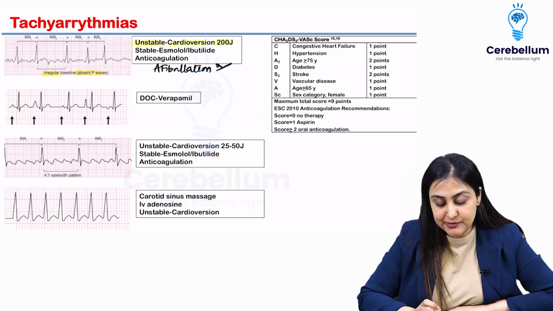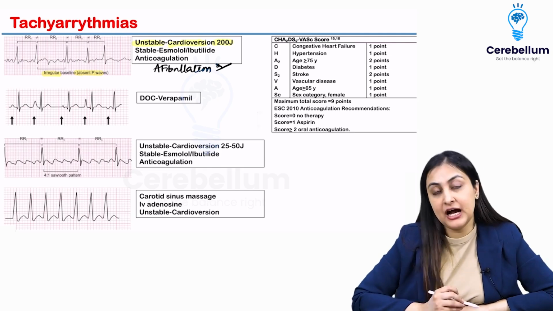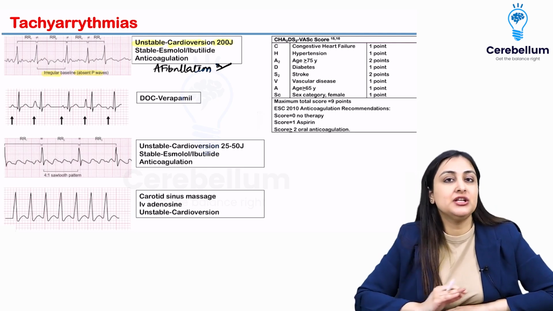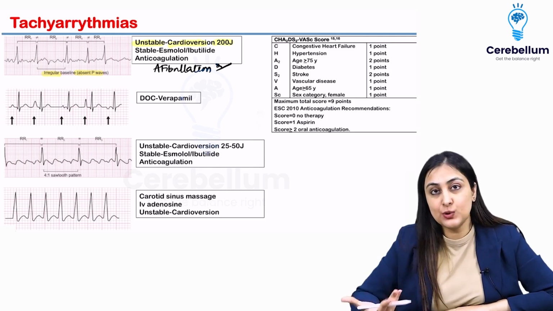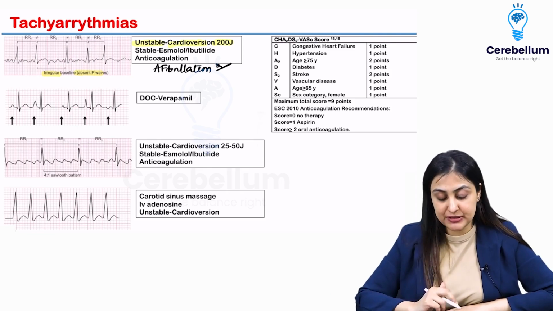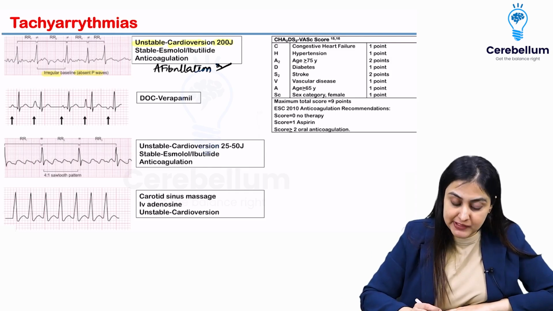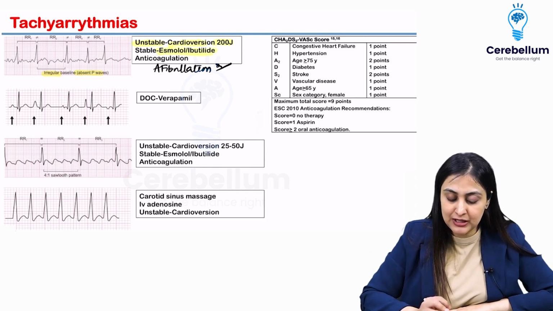So cardioversion, remember, is a synchronized shock that you're giving, which is directed at the RR. Defibrillator, on the other hand, is unsynchronized shock. There is no RR to tell you where to synchronize. Okay, so cardioversion versus defibrillation we've done. If the patient is stable, you got to do a rate and rhythm control that is done via esmolol, which